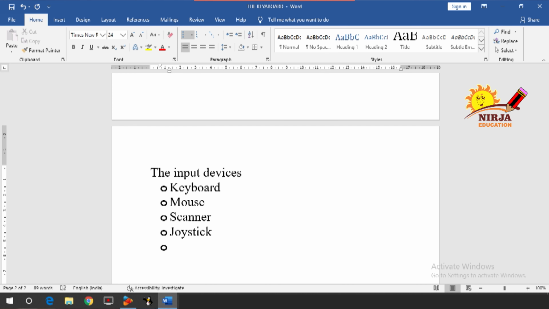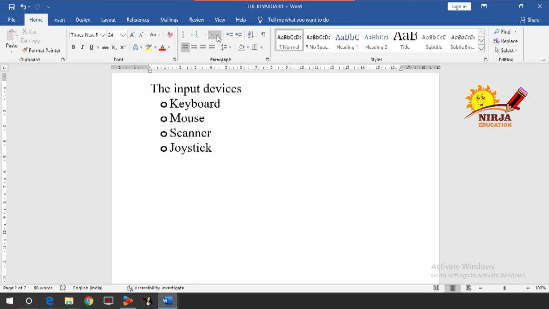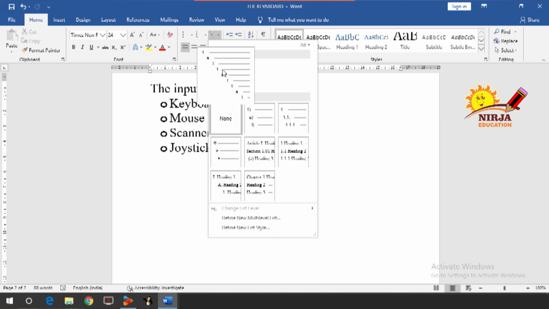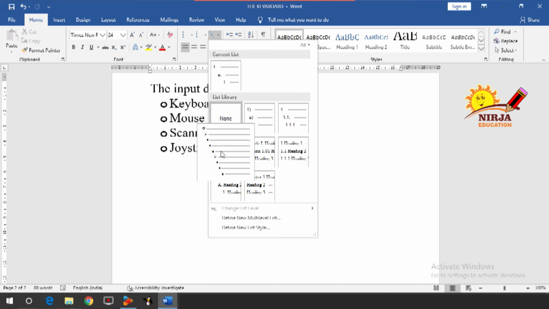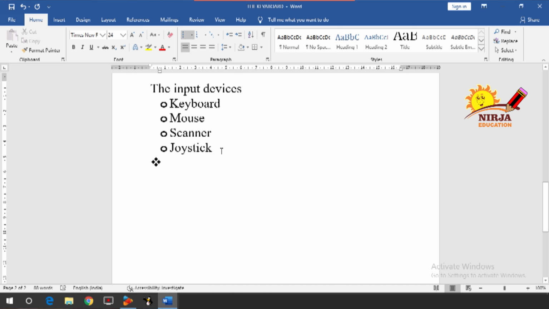Next is your label numbering. So how to do that? Now I am going to select the multi-level list. In that one I am going to select the bullets. So first I am going to type the parts of computer.